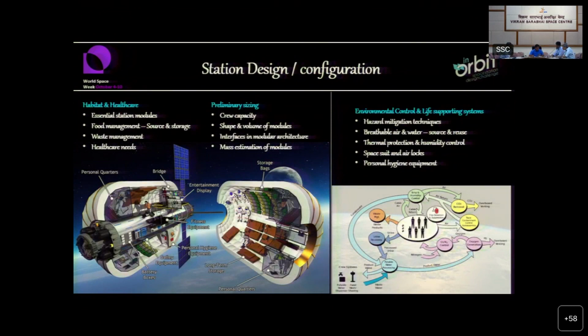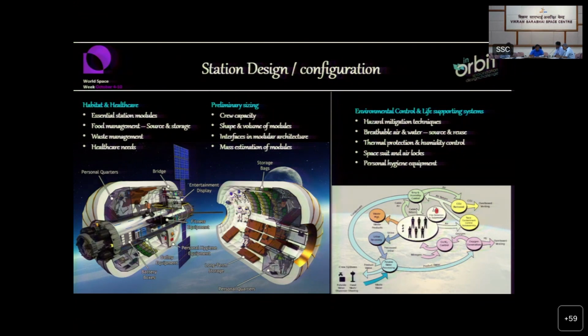While you are designing the space station, there are some points you need to touch upon, and we would like you to include all those things in the report. First of all, what should be the crew capacity? How many people can be accommodated at a time in the space station? You should always have this in your mind when designing a space station. And in case you are planning to carry the modules in parts through a few launches, how you are planning the assembly of the modules in space, how the modules will interface with each other, the details of the various modules, their shapes and volumes. This all should be part of your report.